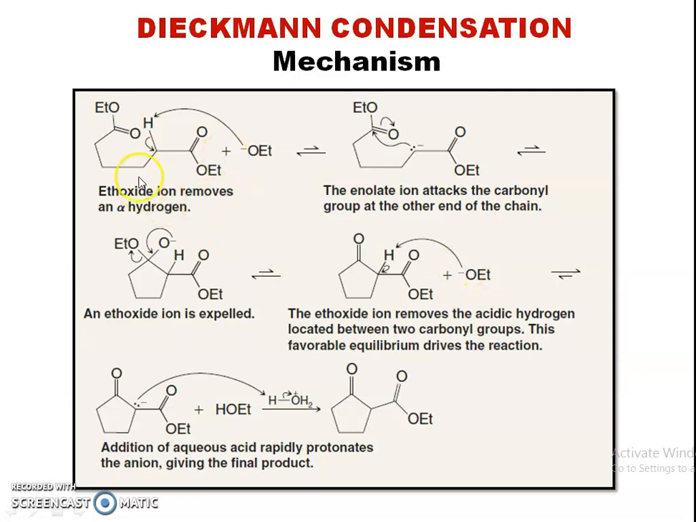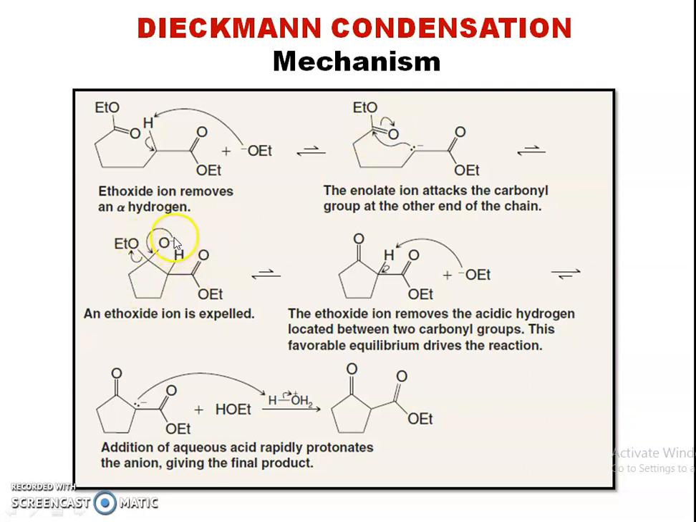And coming to the mechanism, it is an intramolecular cyclization, and it is a diester. One of the carbonyls forms an enolate: ethoxide removes this alpha hydrogen and it forms an enolate, and this enolate attacks the carbonyl group at the other end of the chain. You can see this whole equilibrium favors the left, and you get only a very small quantity of enolate. This attack takes place at this carbonyl and the double bond breaks and forms an